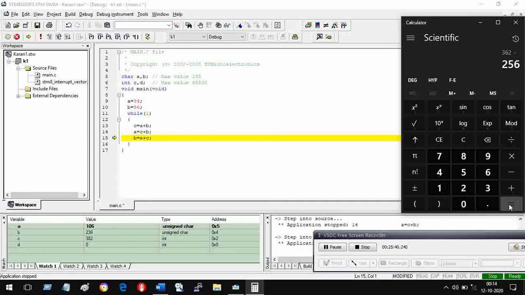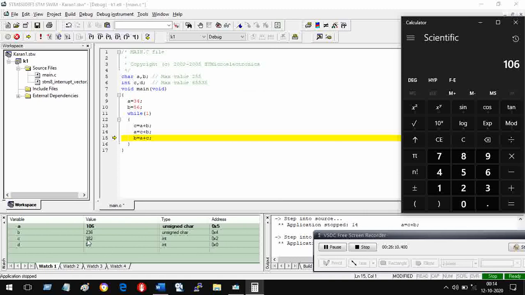So what you get is 106, and that is precisely what you are getting, 106. You understand that? Because you have restricted the upper limit of value of A at 255, therefore if you try to add anything into it, as soon as it goes beyond 255, so if you try to write 256, it will become 0. So this is how it happens.